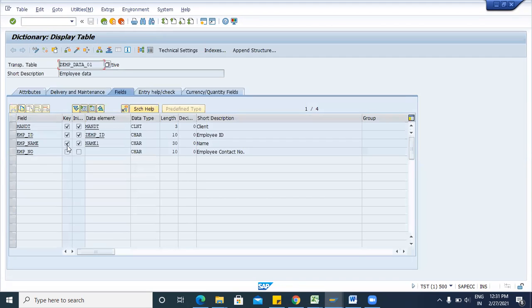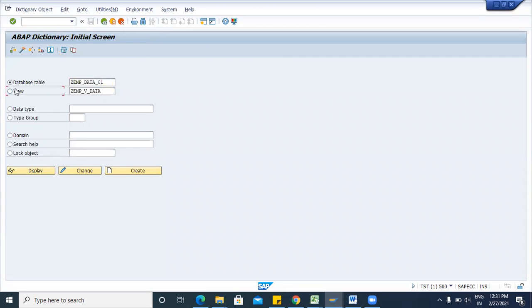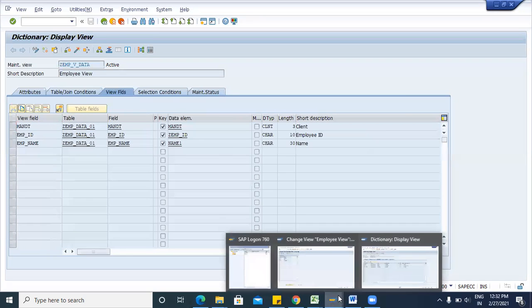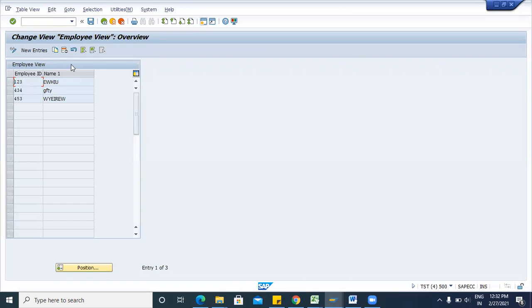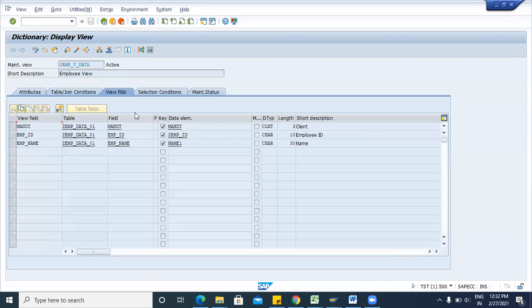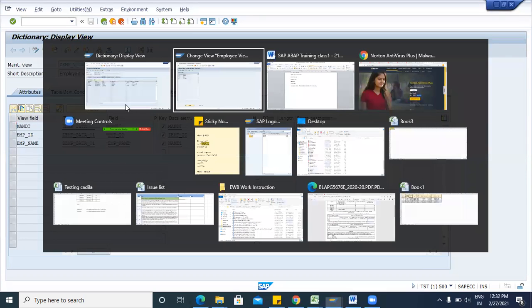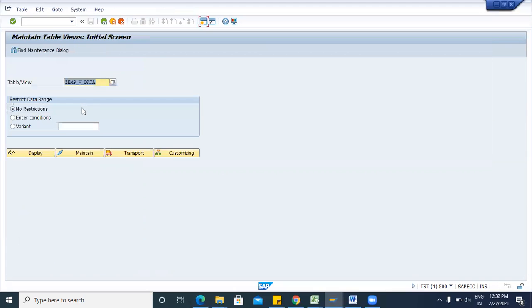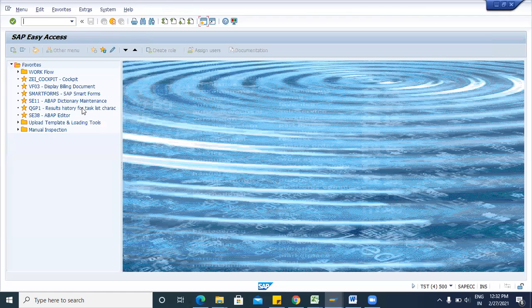If you want to hide some fields, that is also possible through the view. So this is the table. We have three fields, but in the view, we are passing only two fields because we want to display and maintain the data only in these fields, employee ID and employee name. So that is possible through the maintenance view. Okay. Now, this is another real-time task. If you want to create a T code, they will ask you to display only two, three fields